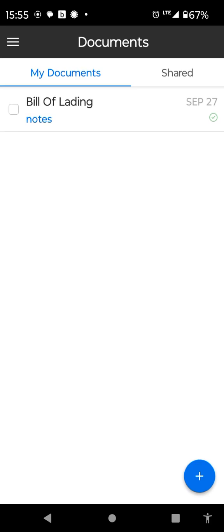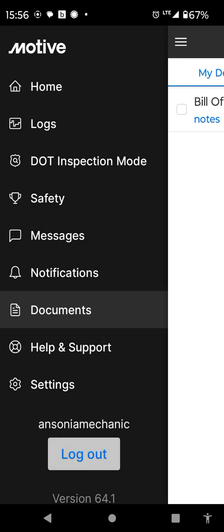So once we've sent that document, then you're done with your documents. Usually, guys will do that at the end of the day, or you may be required to do it after every delivery. On your help and support, when you tap help and support,